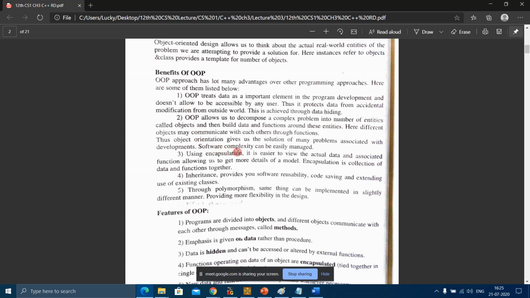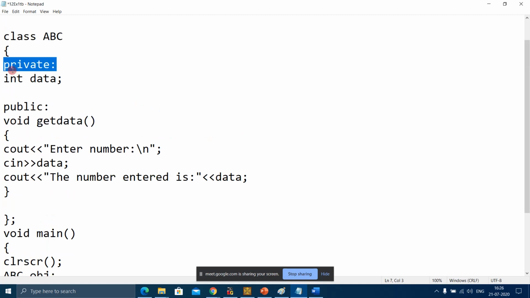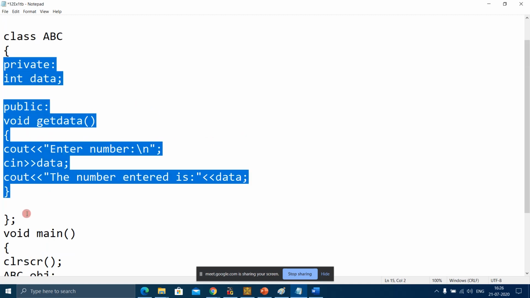Using encapsulation. See, what is encapsulation? As you can see, the data members and the member functions are encapsulated together in a class. Encapsulated means enclosed in a structured capsule. They all are encapsulated together.